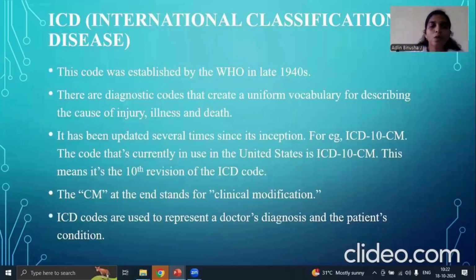Next slide. I will explain each and every type of code. The first one we are seeing is ICD-10. What is ICD? International Classification of Diseases. This code was